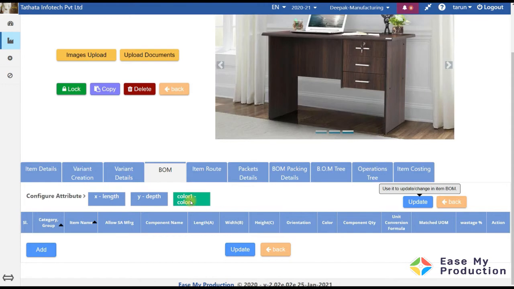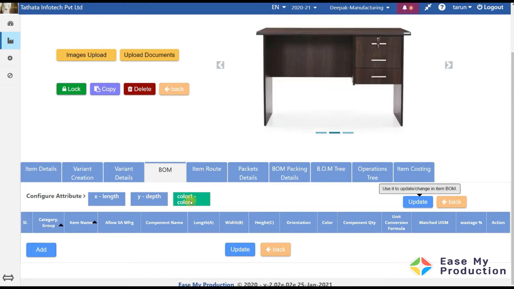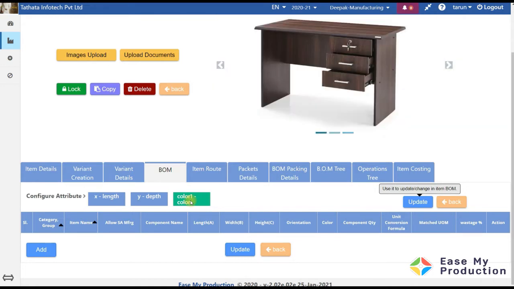The beauty of Ease My Production is that for a configurable item you just need to create the BOM once and use variable formulas to calculate length, width and height, and also the applied color, and the system will automatically create material requirements and costing for all its variants.